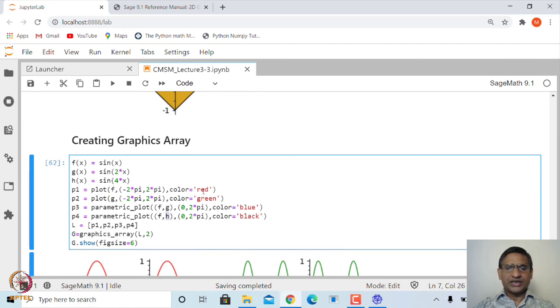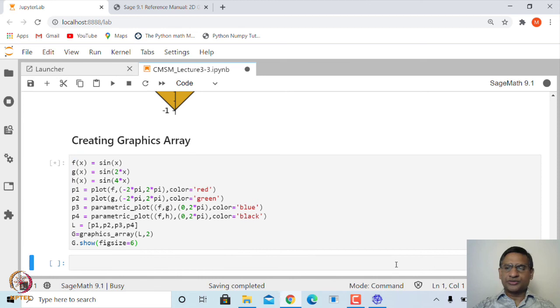The colors are taken as red, green, blue, black, and then you create a list of all these graphics which you have created, p1, p2, p3, p4, and then put it inside graphics array, and you need to mention what should be the dimension. So, here dimension is 2, which is 2 by 2, and then you simply ask it to show.